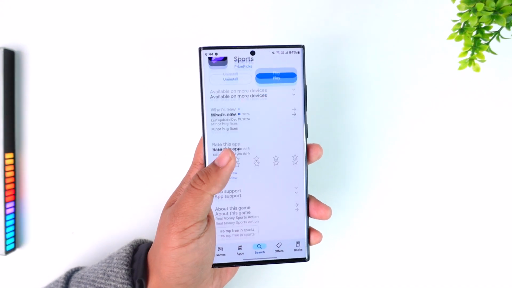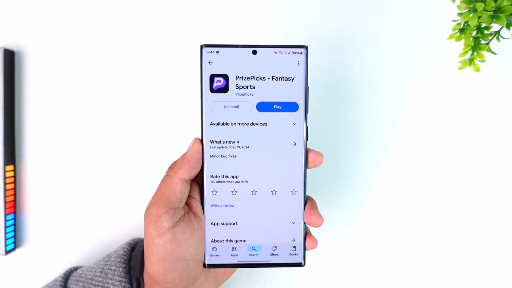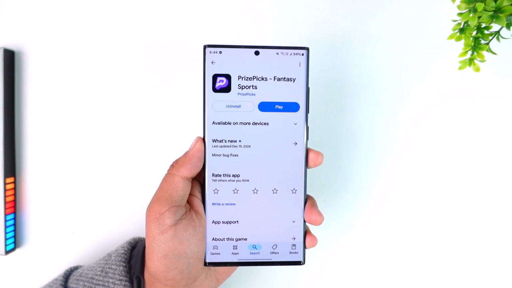But just keep in mind that there isn't actually a direct way to withdraw or transfer from PrizePicks to